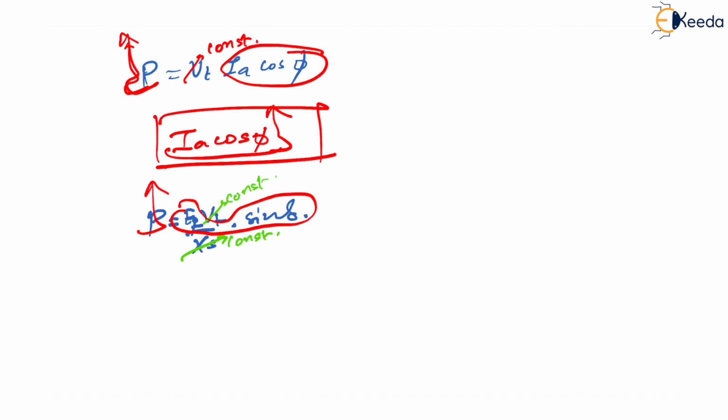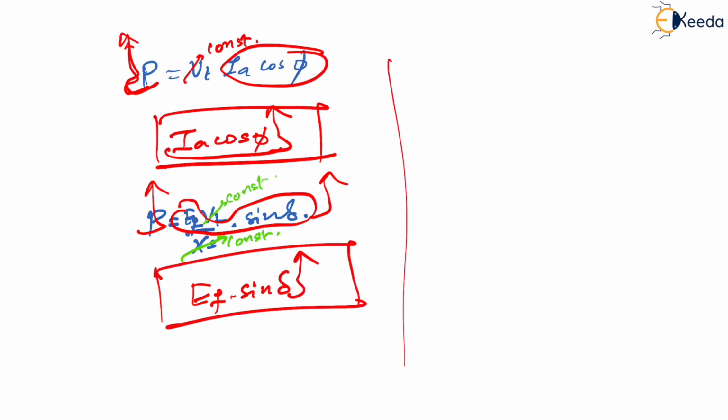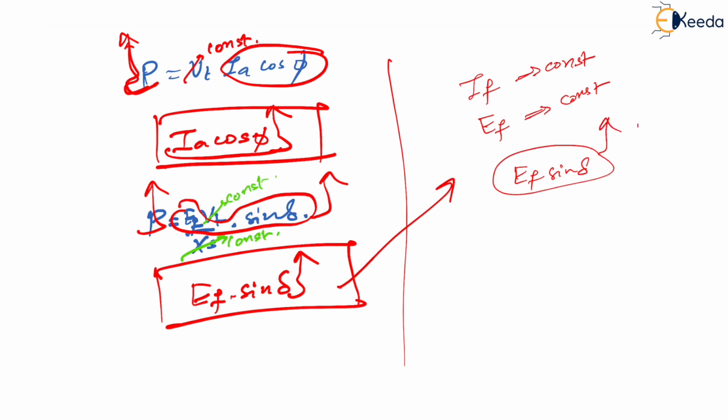Now see, if you are increasing this power, then definitely EF into sine delta is to increase. Same old story, don't worry. EF sine delta is to increase, correct? Yes. Then we have seen that IF we are considering constant. If field current is constant, excitation is constant, then definitely excitation EMF EF has to be constant. Which means, if EF is constant and EF sine delta is increasing, then EF sine delta as a whole has to increase, but out of that we know EF is constant. Yes, which means sine delta is to increase. If sine delta is to increase, then delta is to be increased. So remember this point, delta is to be increased, and these 2 points are also very important. That's it, problem solved.